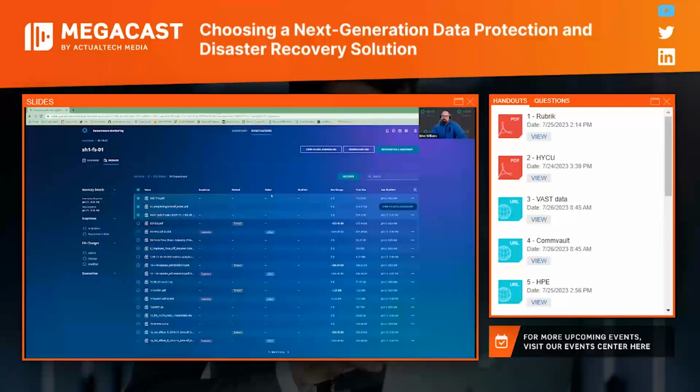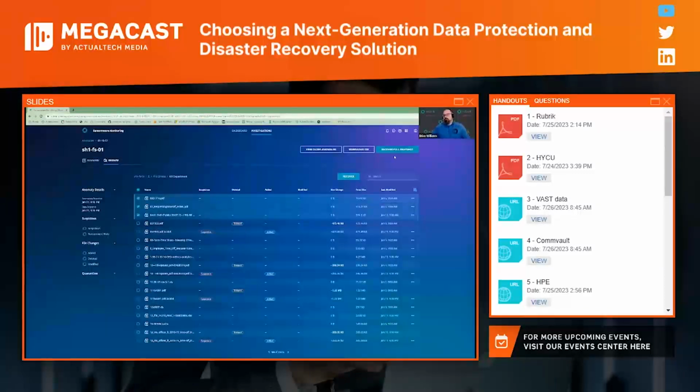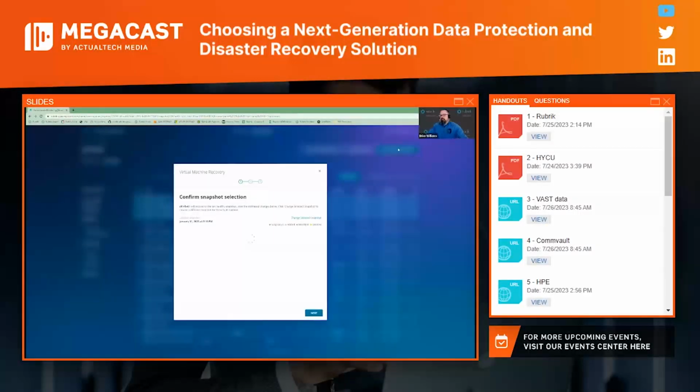Just highlight what you want to recover, go into recover, and we have a few different options for file recovery. If you'd like to know more about this particular recovery style, that is covered in Alex's video and will be covered in more detail in a future video. But let's just say I don't trust recovering just the files. I can very easily recover the entire snapshot itself. And I have a couple of options.